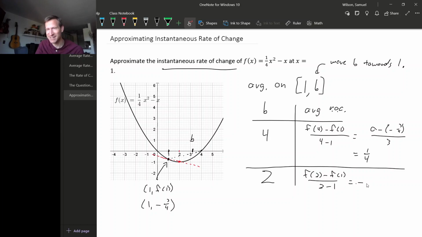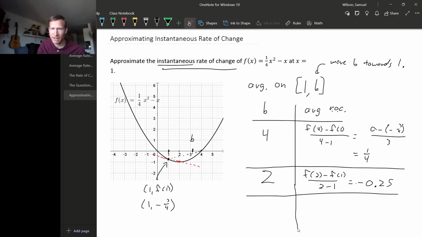Actually, it's using decimals, so I won't pretend that this is exact. I suspect that it is exactly minus 1/4, but it says minus 0.25. Okay, and that looks about right. But again, to approximate an instantaneous rate of change, we need the interval in x values to be small, and going from 1 to 2, that's actually still pretty big. So let's